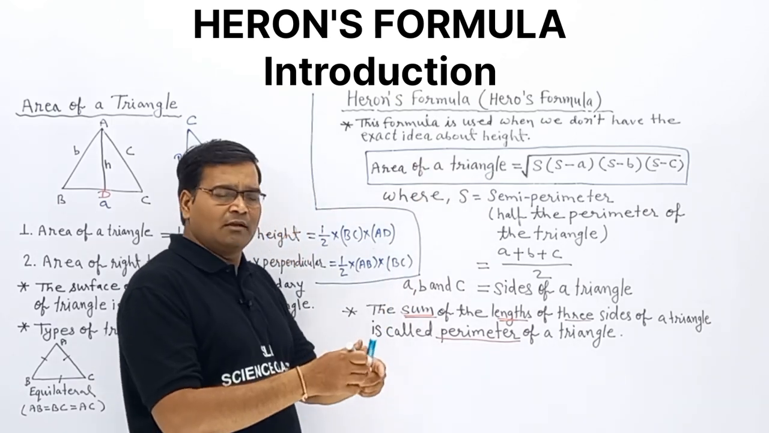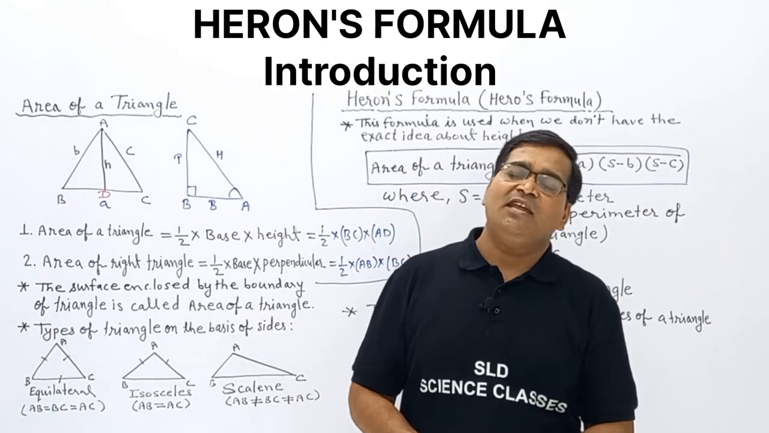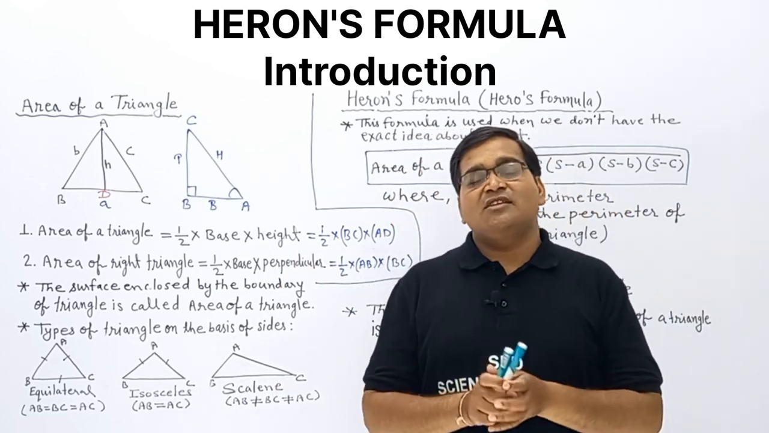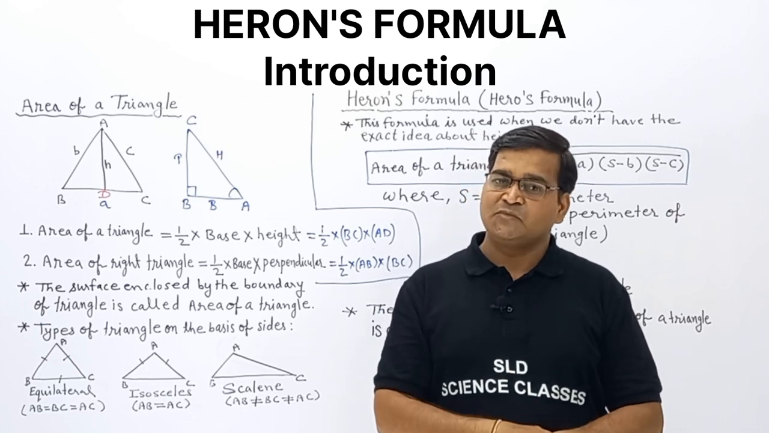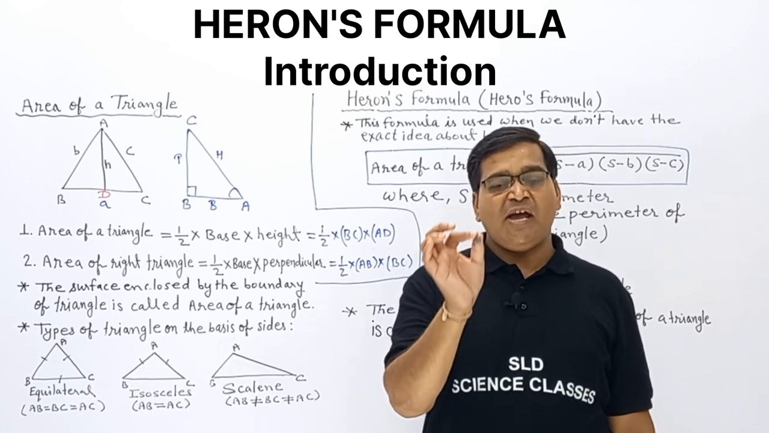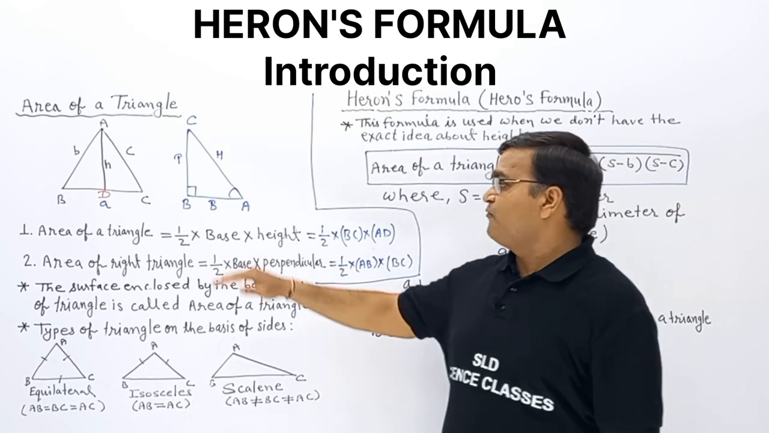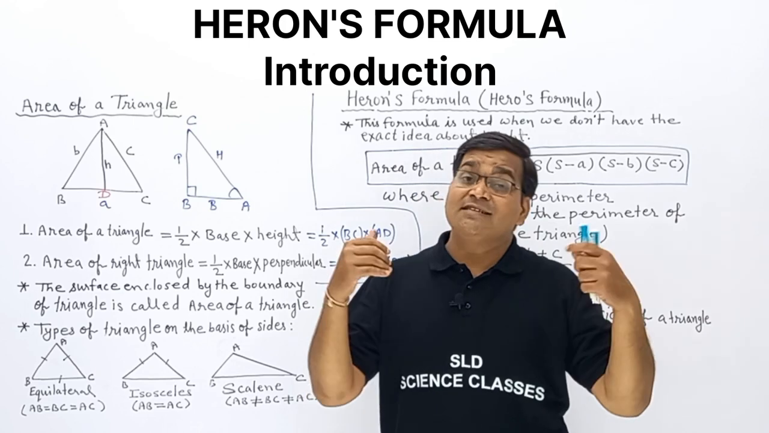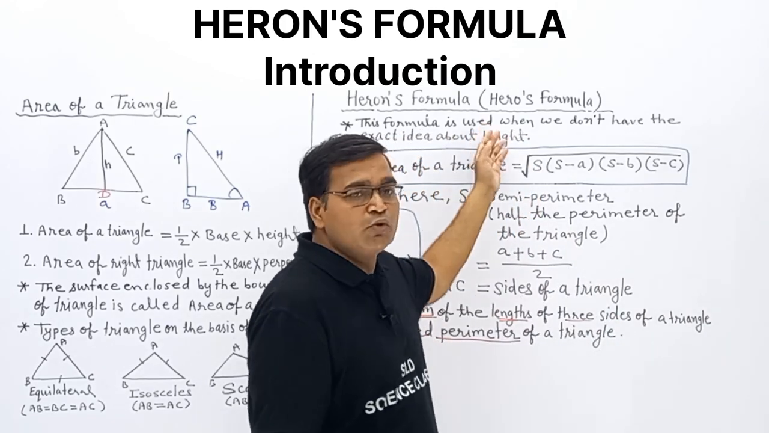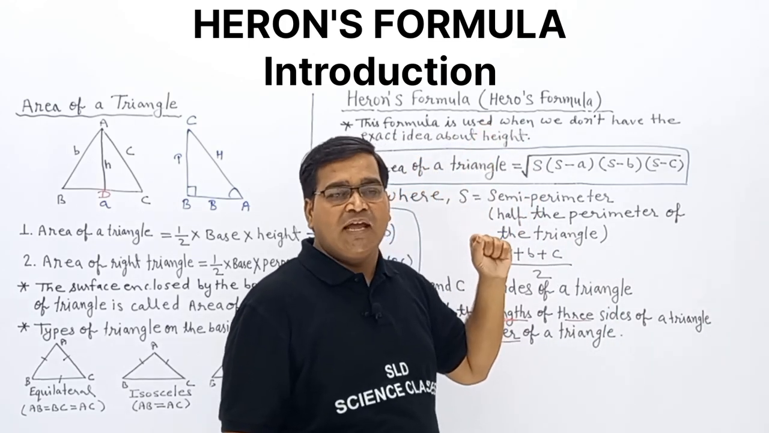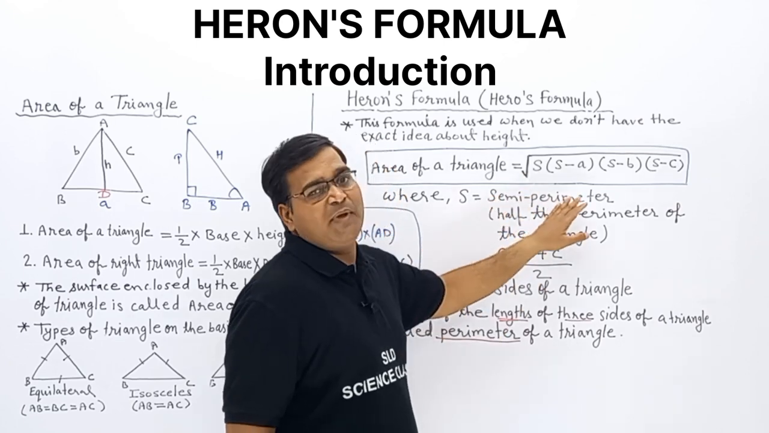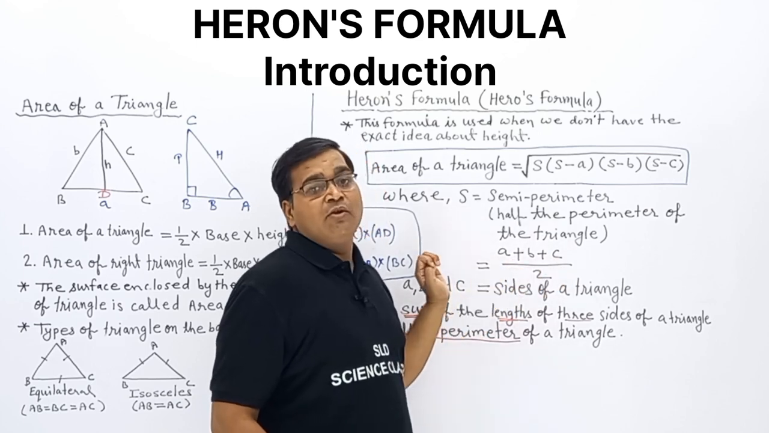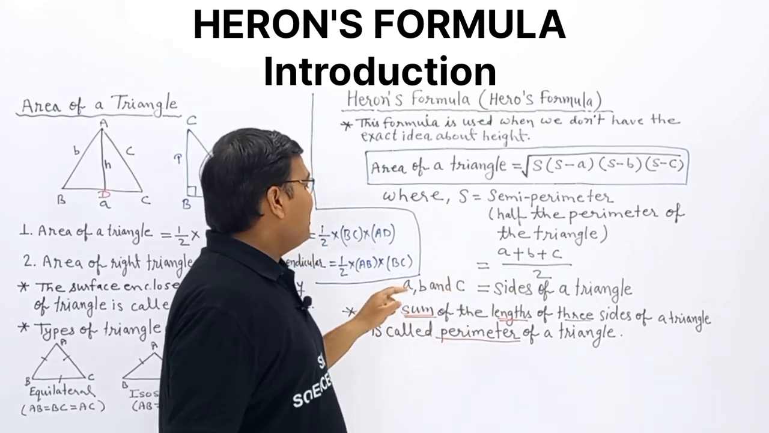So this is an easy way to find the area of a triangle. What we are studying in this class is the area of a triangle. Normally if we have the height, then we can find the area by using these two formulas. But if we don't have any exact idea of the height, then we will use Heron's formula. Clear? And in it, s is the semi-perimeter, the sum of all sides divided by 2. Clear? And